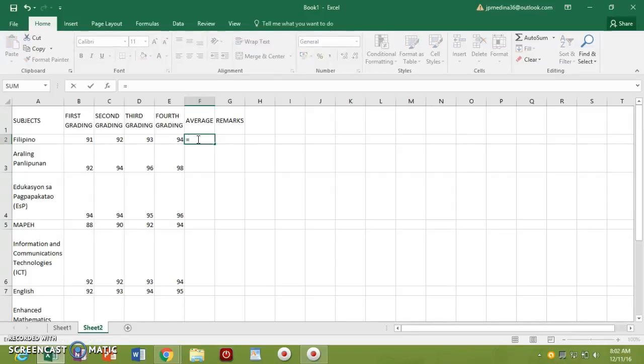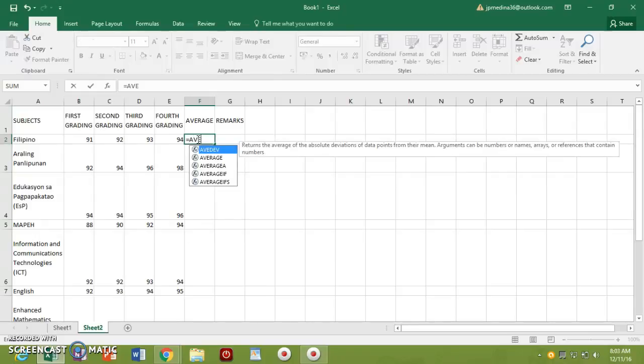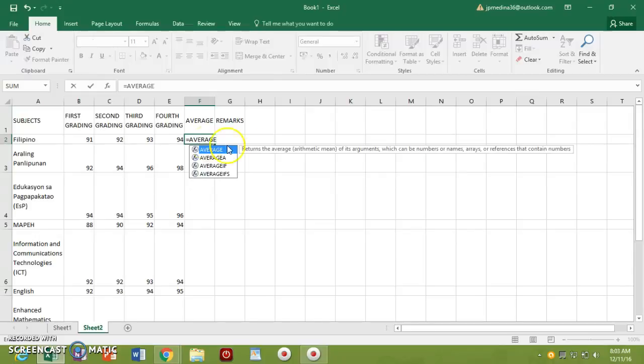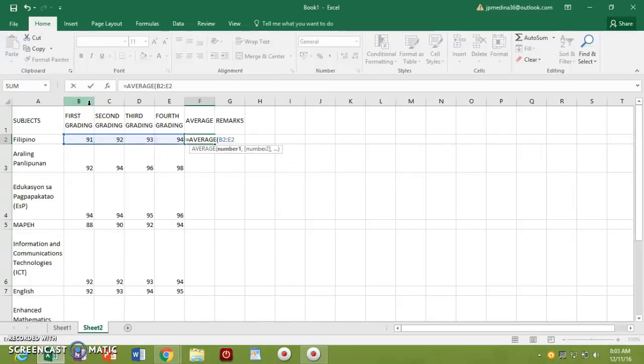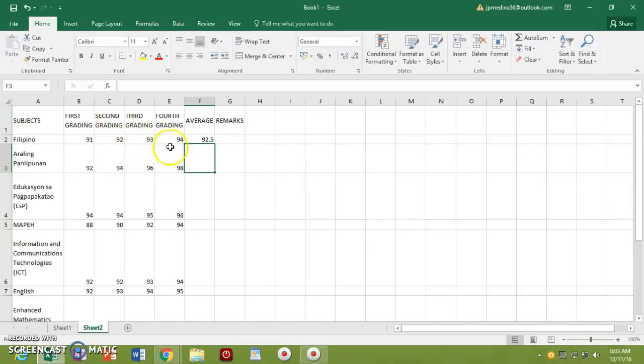So equal sign, that represents that it is the formula, average, lowercase or uppercase will do, open parentheses, type the cell address of the first grading and fourth grading, which is B2 colon E2. Close parentheses, enter.